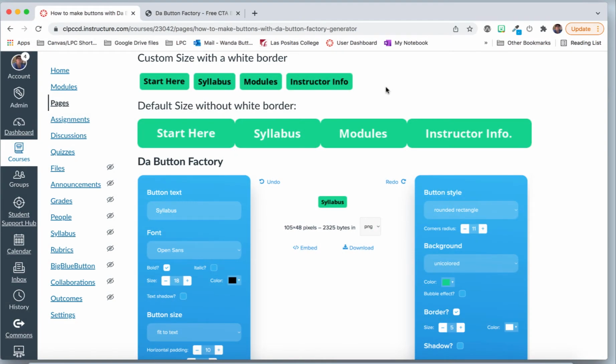This is a tutorial to teach you how to create buttons for your Canvas site. These buttons were created on a website called The Button Factory by ClickMinded. It's a free site to use, and we'll go there any minute here. I just wanted to tell you that these buttons that you see were both created on that site, but I